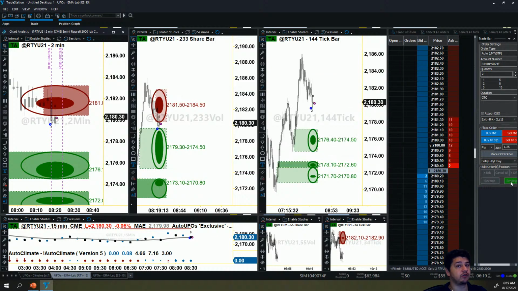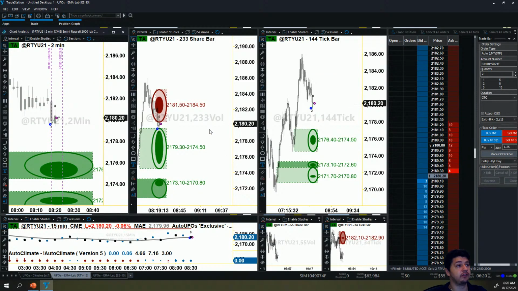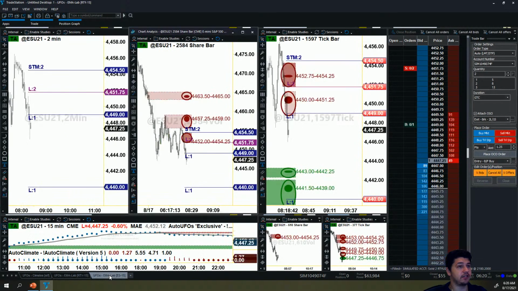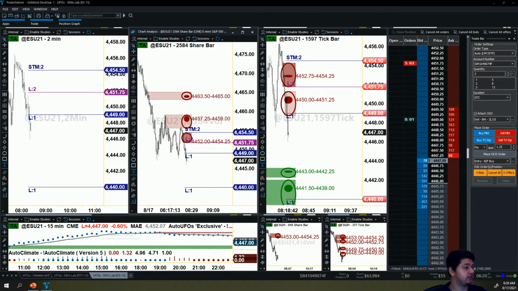So I'm going to go ahead and close this at market right now. Order filled. It's in the green. It was a mistake, but that's okay because we anticipated price to be enveloped or touching this UFO, but it actually wasn't. It was missing it by 3 ticks. So we're going to close that trade at market because obviously that's not what we want to do. We don't want to be taking trades just for the sake of taking trades. We want to make sure we're taking trades according to our plan, and our plan is very precise.